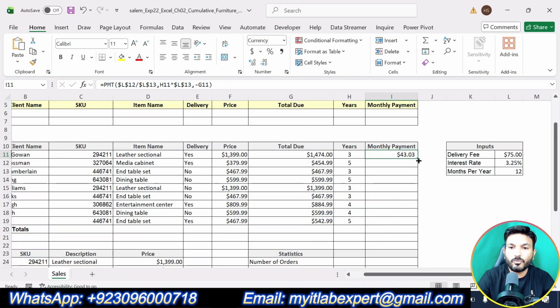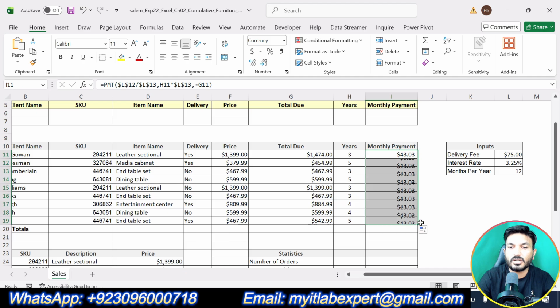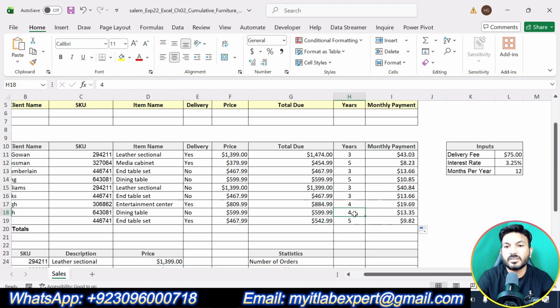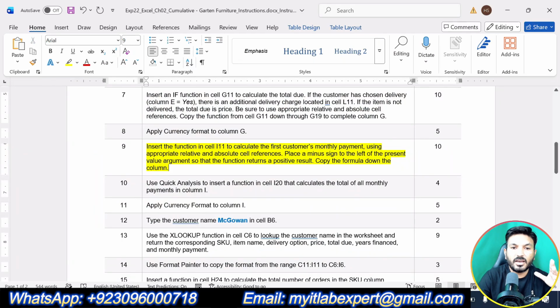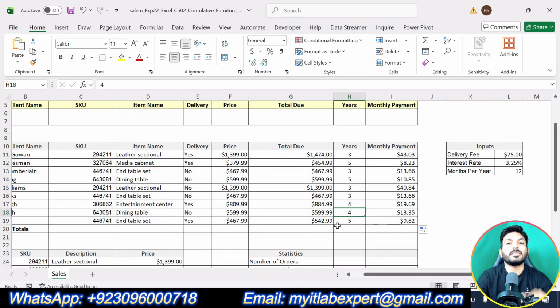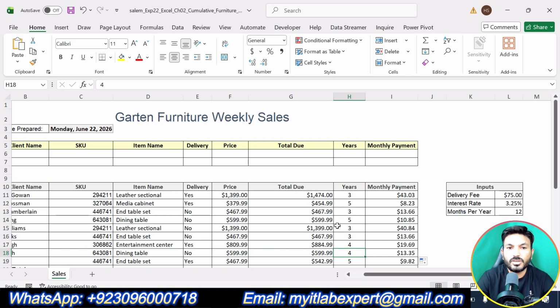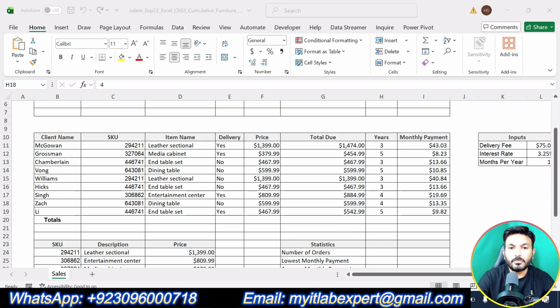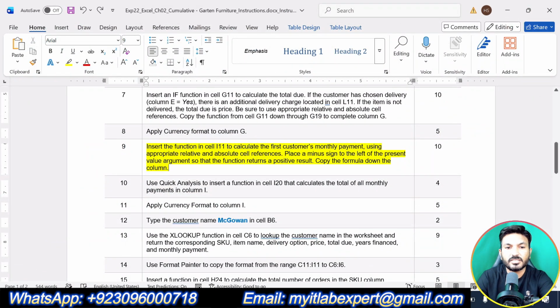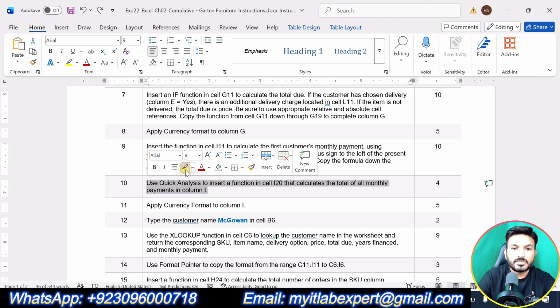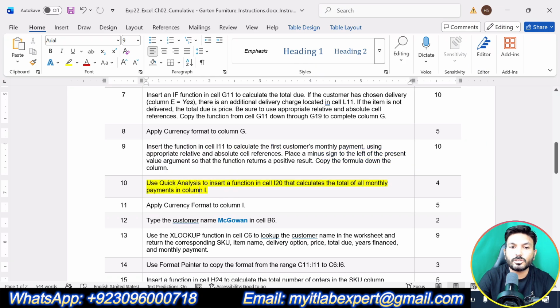Okay, so now we will use the fill handle to drag it down so that we can get all the monthly payments. So that is all about step number 9, where we were supposed to calculate the monthly payments. Okay, so we have calculated the monthly payments like this one. Okay, now let's move to the next step of the assignment, that is step number 10. Step number 10 is saying use quick analysis to insert a function in cell I22 that calculates the total of